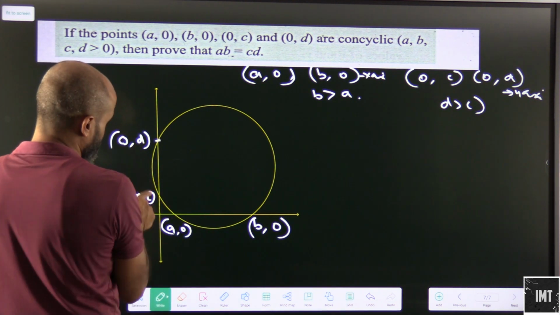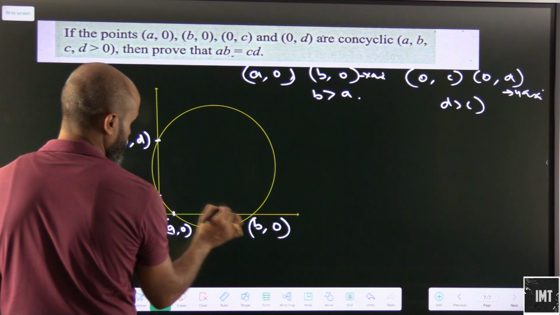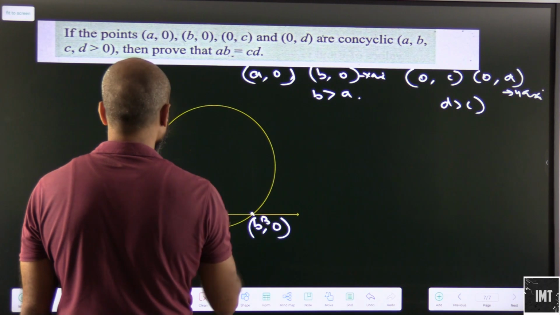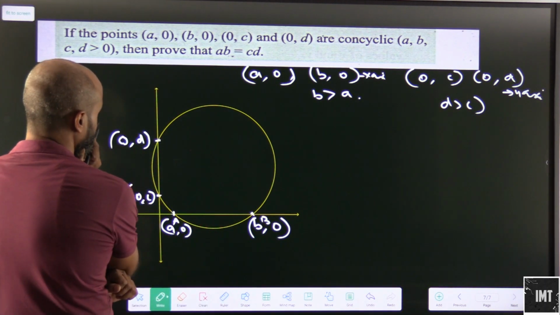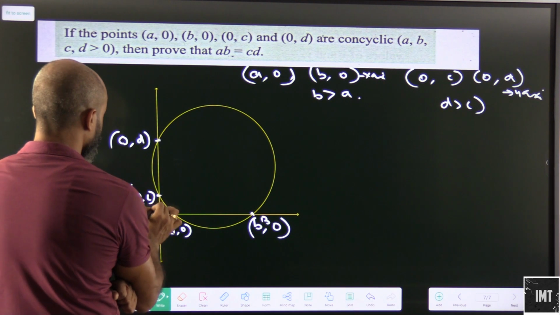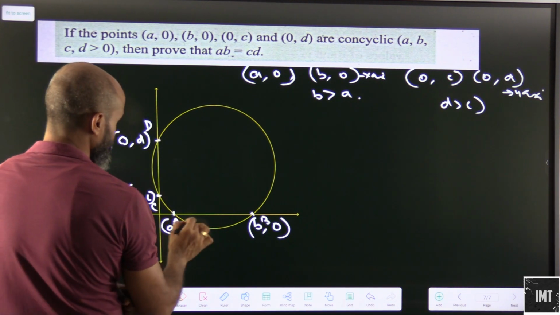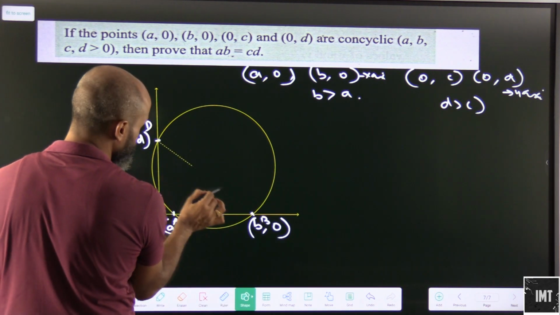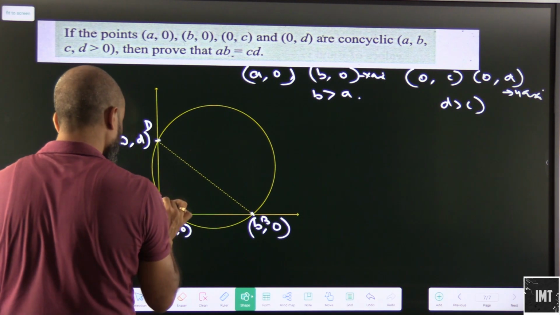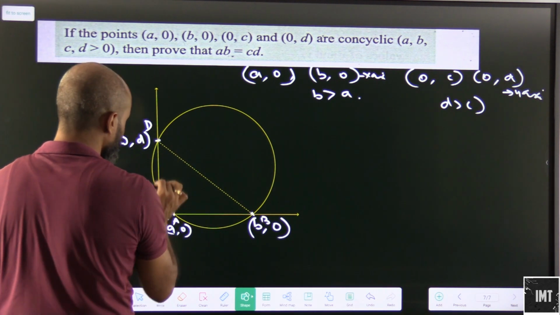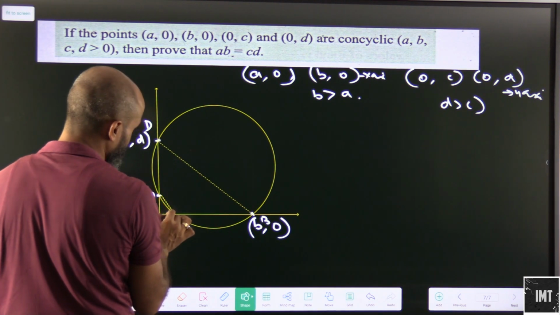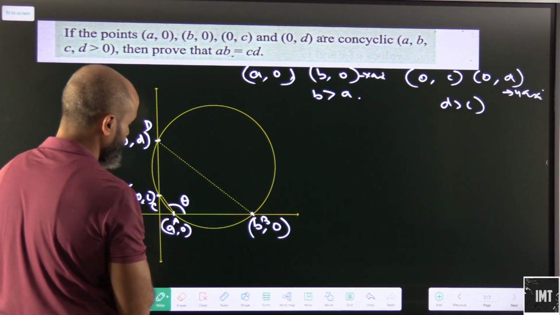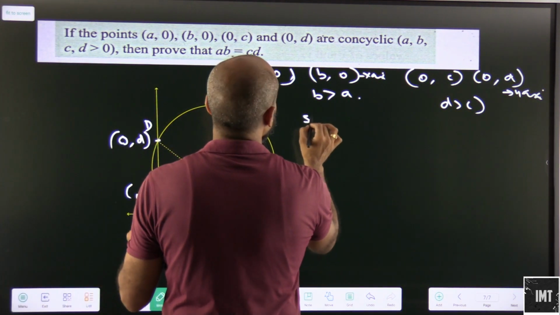Okay, so these are concyclic points, that they are basically lying on a circle. So let's say if I happen to name this as A, this as B, and let's say this is C, and this is D, A, B, C, D. Okay, so let's join these points here. If I happen to join this, and I happen to join this, obviously these are joined together. Okay, so this is basically the figure. All right, so let's say I assume that this is having an angle of theta.